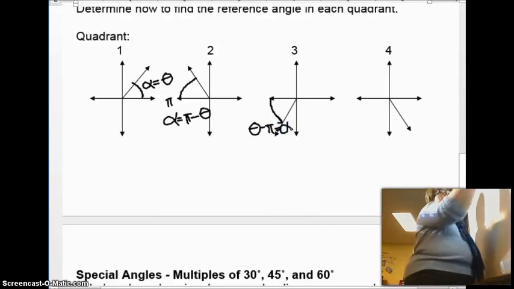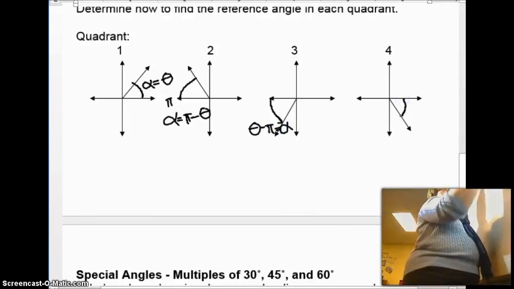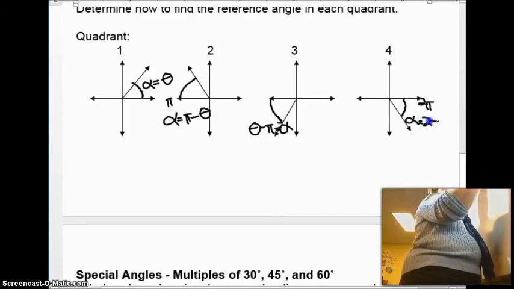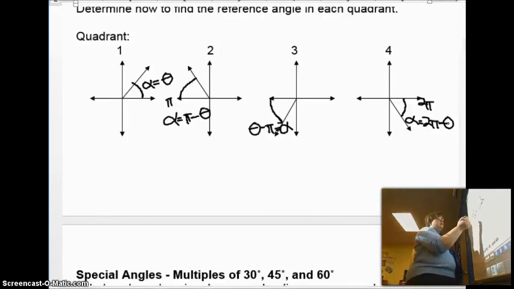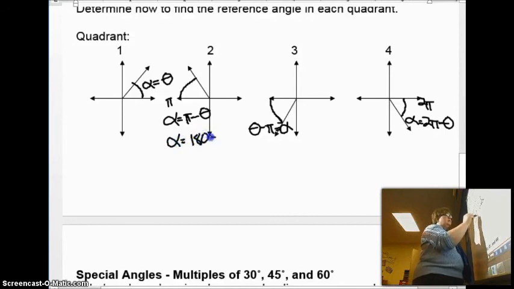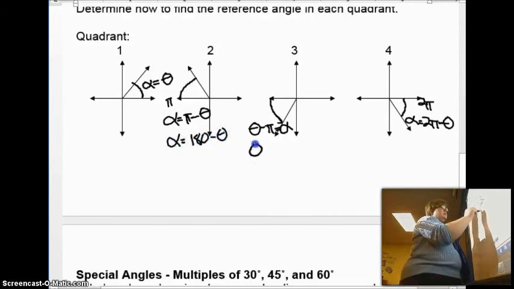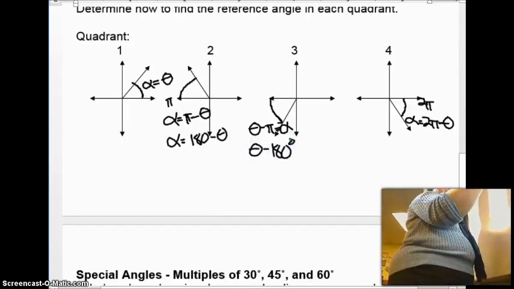Okay. Here we're going from pi to the angle. Okay. So it's going to be theta minus pi equals alpha. And then finally in the fourth quadrant we're coming from the x-axis here, when this is 2 pi, right? So this alpha will be 2 pi minus theta. Okay? And then we can replace 2 pi with 180 degrees. So when we're looking at degrees, it's going to be 180 minus theta. This would be theta minus 180. And then over here we would have 360 minus theta would equal